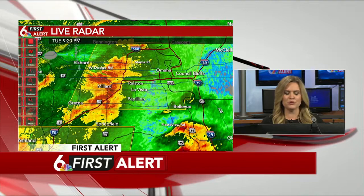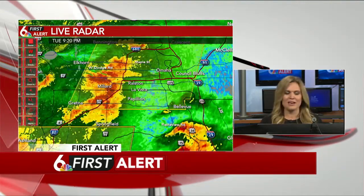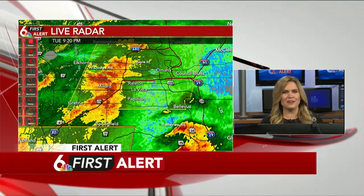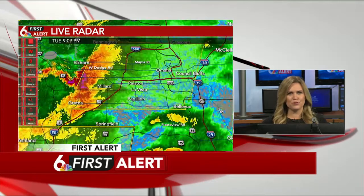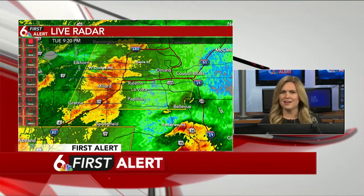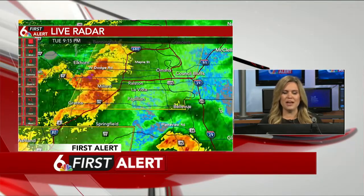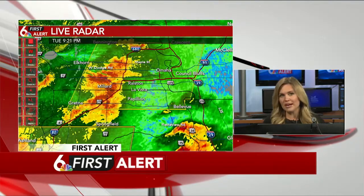As we put this into motion, you can kind of see the progression of the storm as it moves out to the east. It's starting to become a little bit messy. We have lost a little bit of the energy in that area, the available energy, since that earlier storm moved through, it cooled us down quite a bit. So there's just a little bit less energy there for this storm to work with as it travels east, which is great news. But we still have that threat for maybe some smaller hail moving through, some gusty winds, plenty